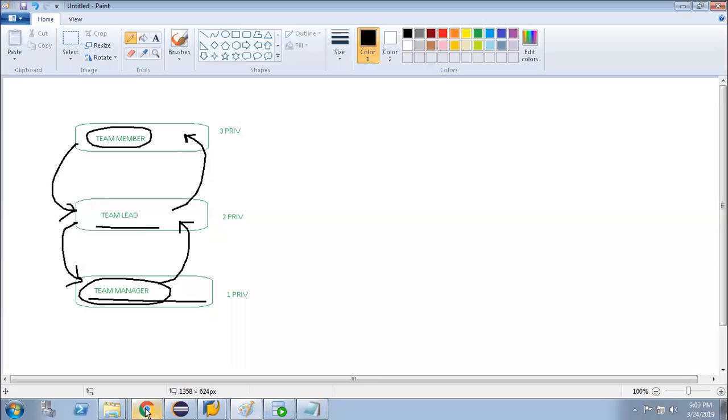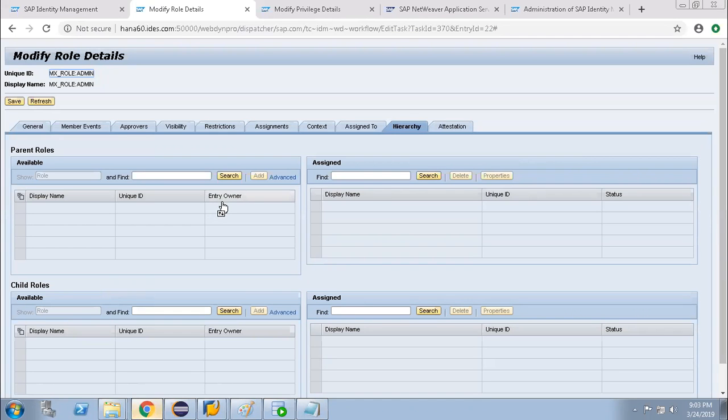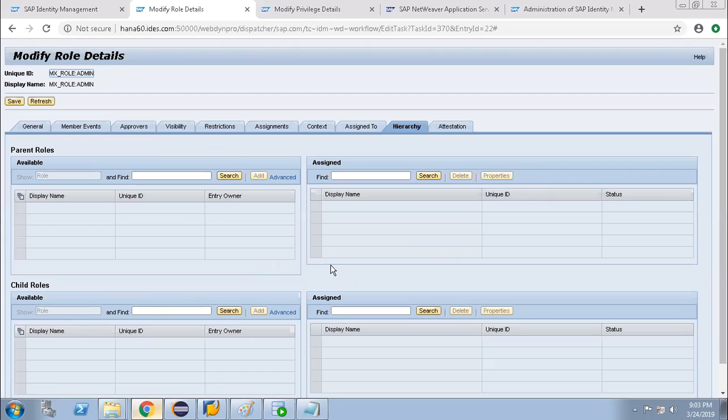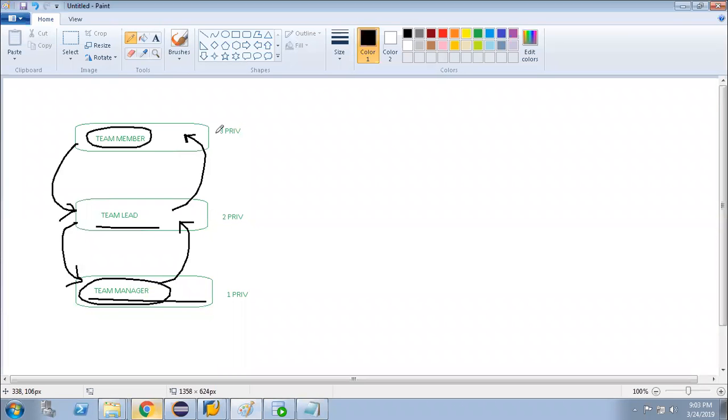If you have any confusion, tomorrow we can do an exercise. We can create 3 containers, assign those roles to different users, and see how it behaves. Based on the hierarchy we have defined, if I only add the team manager role to the user, it will get 1 plus 2, 3 plus 3, all 6 privileges.